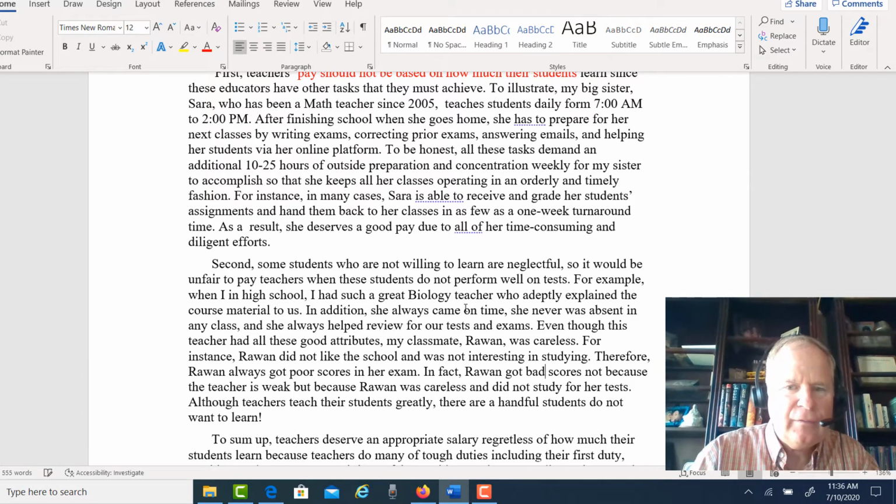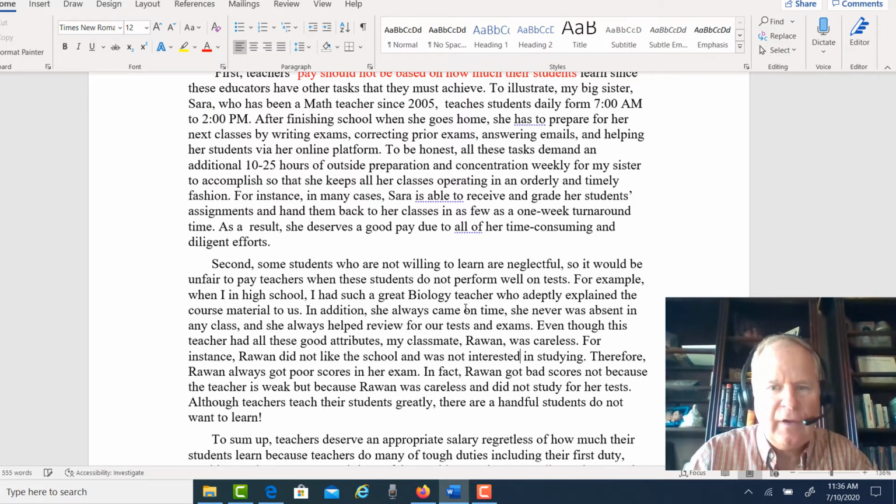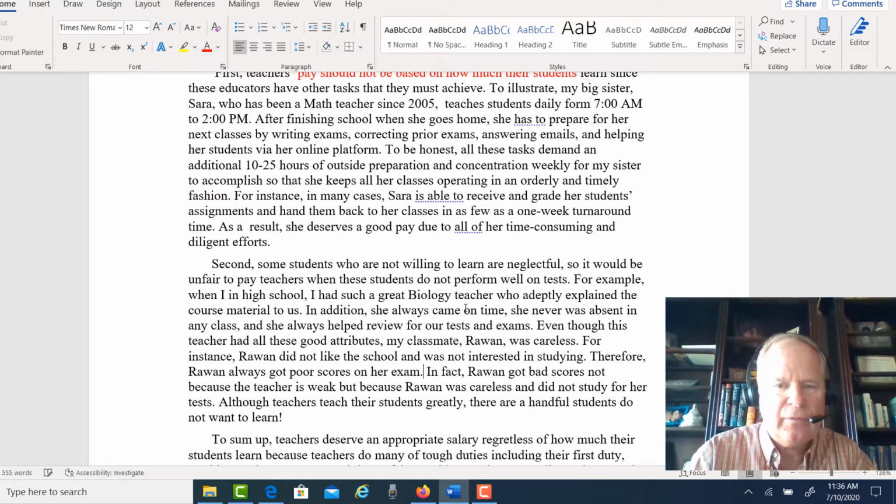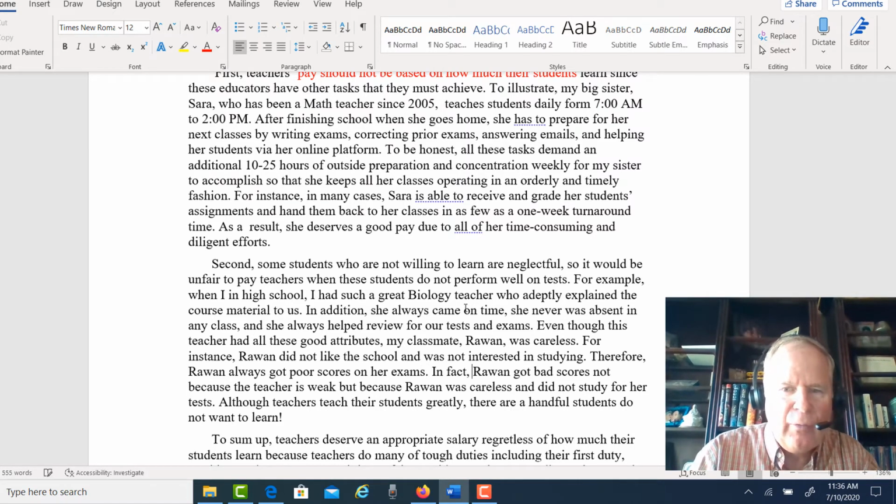For instance, Rawan did not like the school, was not interested in studying. Therefore, Rawan always got poor scores on her exams. In fact, Rawan got bad scores not because